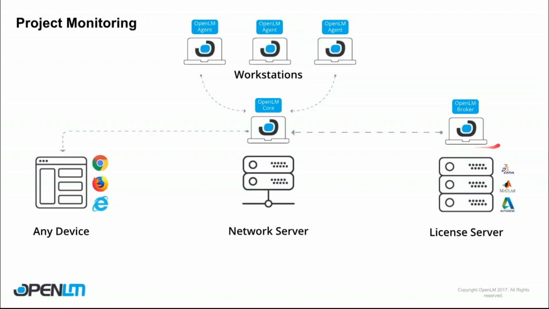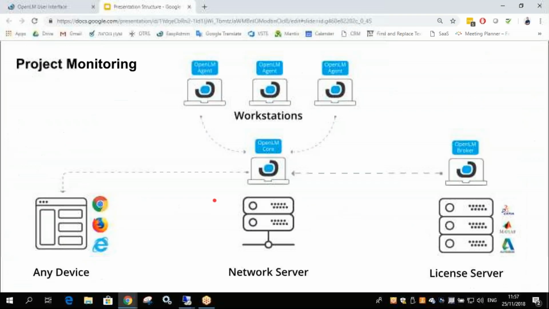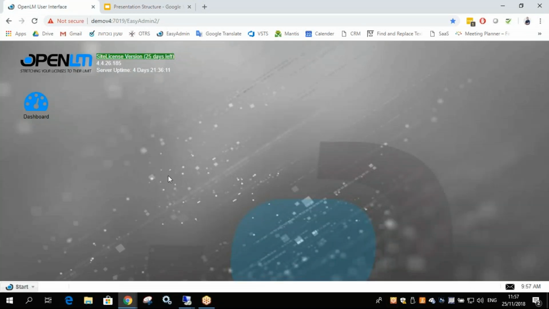First of all, you'll need to install the OpenLM broker on the license server itself. You'll need to install the OpenLM Agent on the workstations, and they will in turn send all the information to the OpenLM core, which allows you to see all the different reports and interface that you would like to see. But let's see how we can configure that. Let's jump to the OpenLM interface,